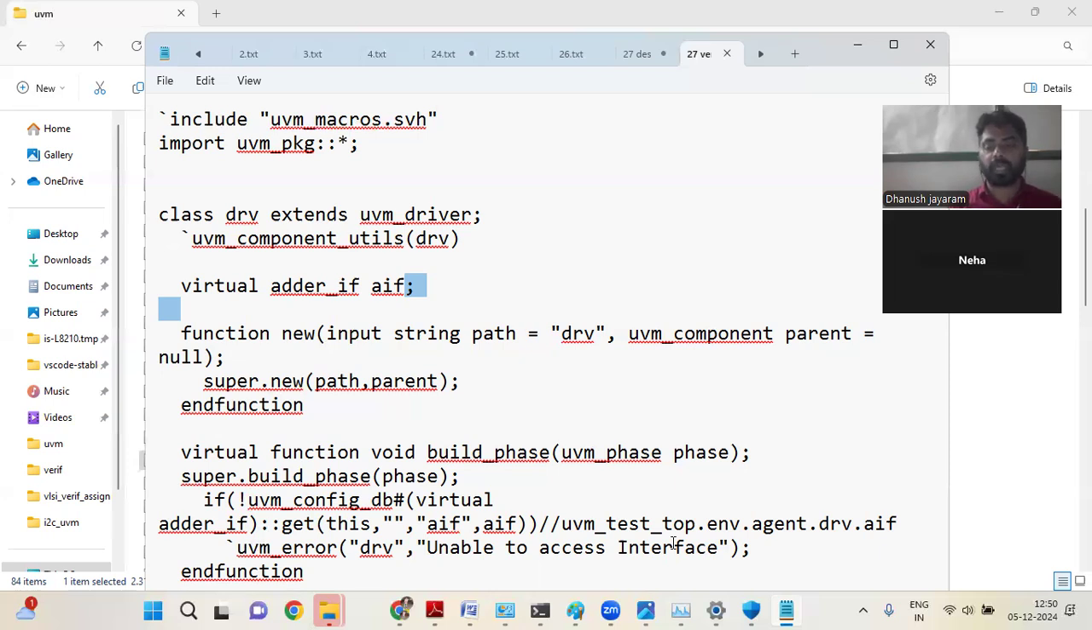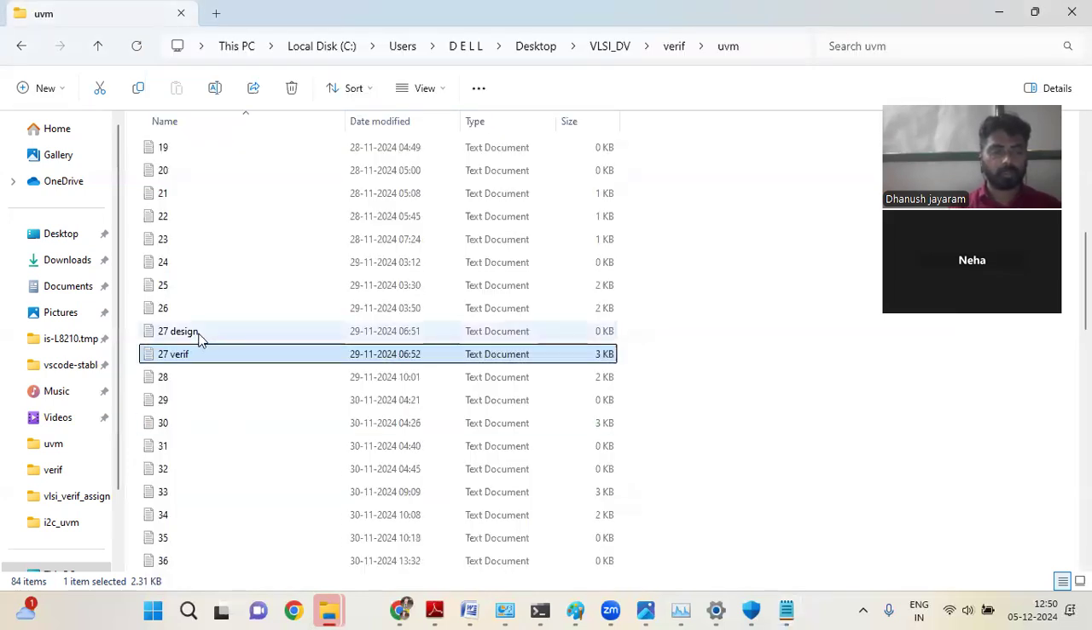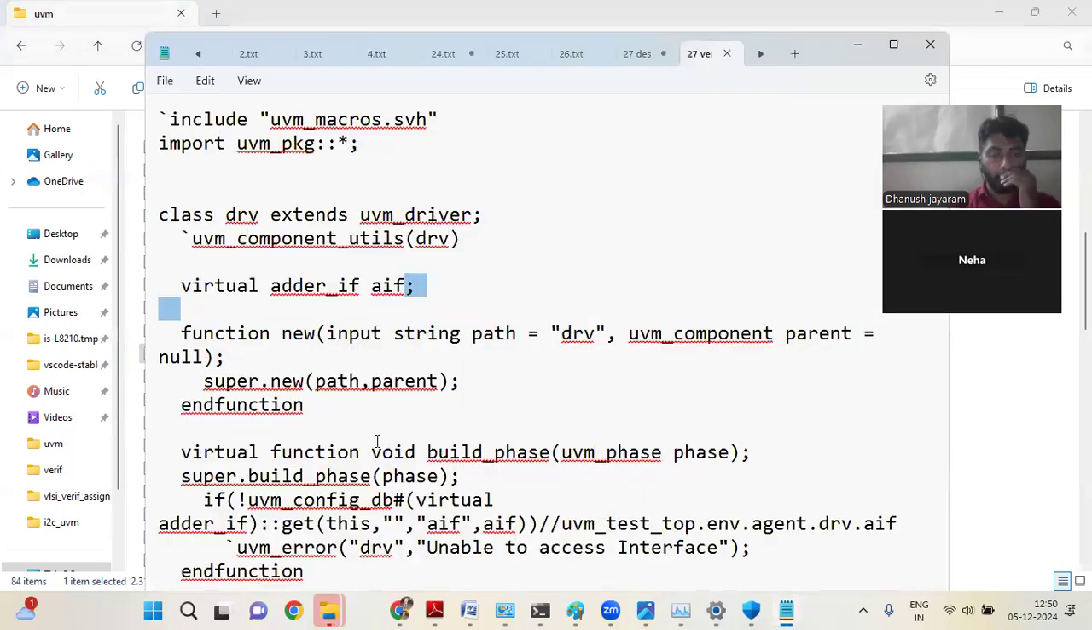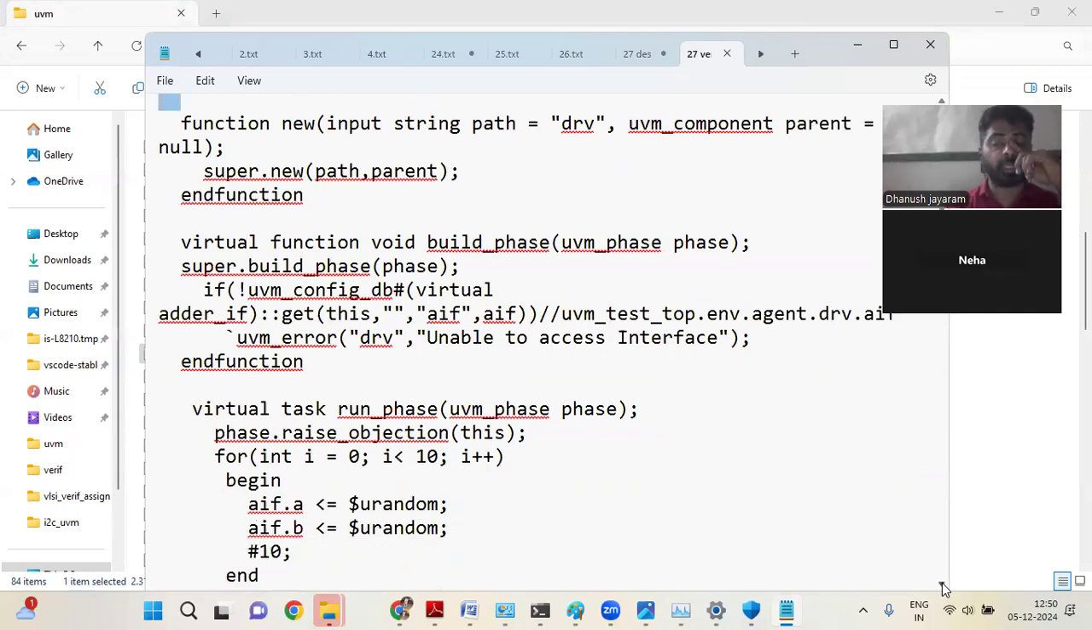It has to drive its data packet to the pin level information of the interface through the DUT. It has to forcibly send the signals. Unable to access the interface. Where is it? Get aif, uvm_test_top.agent.drv, and